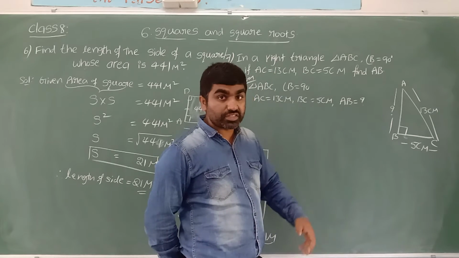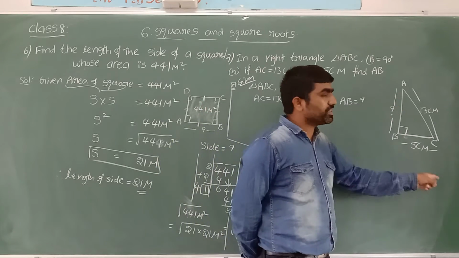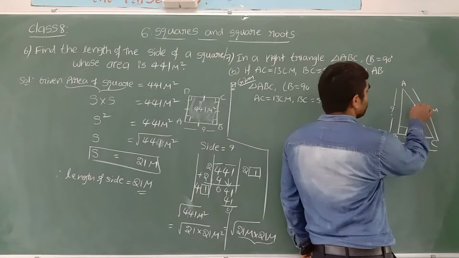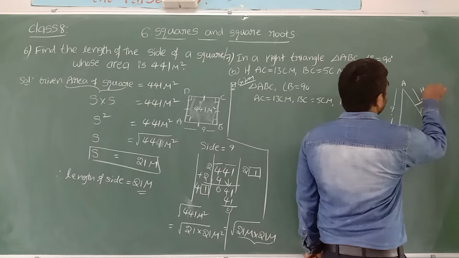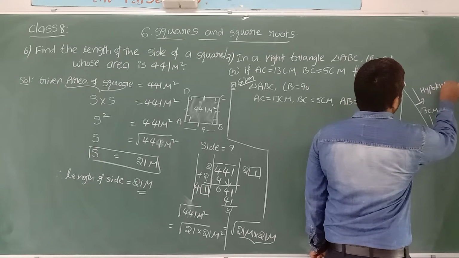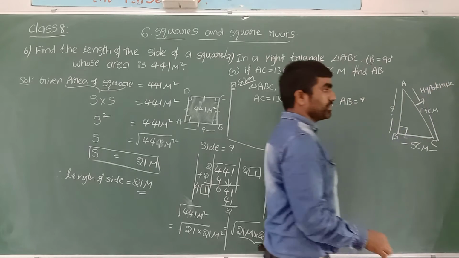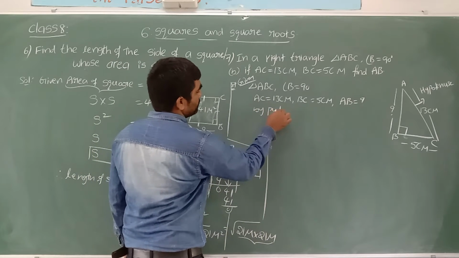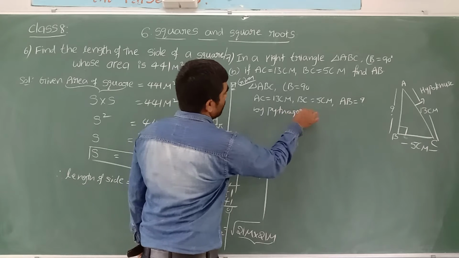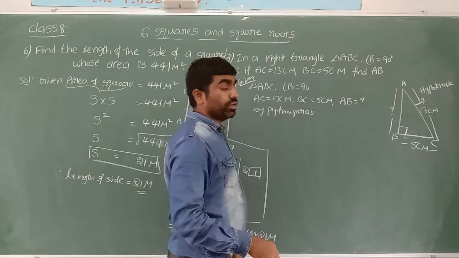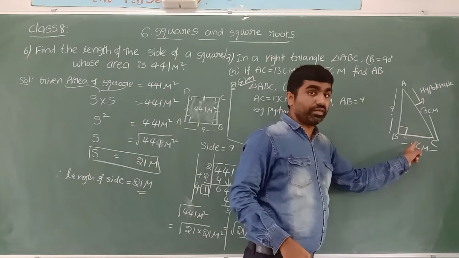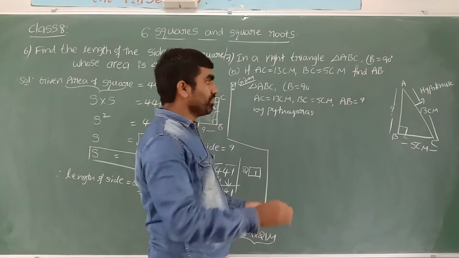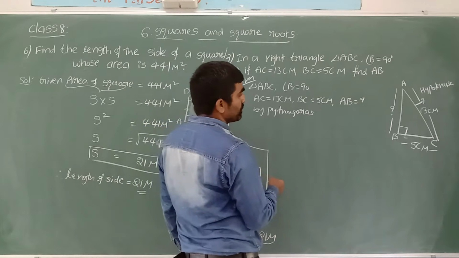Now in that triangle, which side is called hypotenuse? Sir, AC is called hypotenuse. The reason is it is opposite of right angle B. So let me take Pythagoras condition. When we know length of two sides, to find the third side, we can apply Pythagoras, which connects the relation between three sides of a right angle triangle.